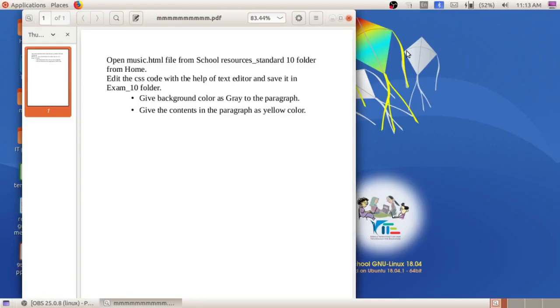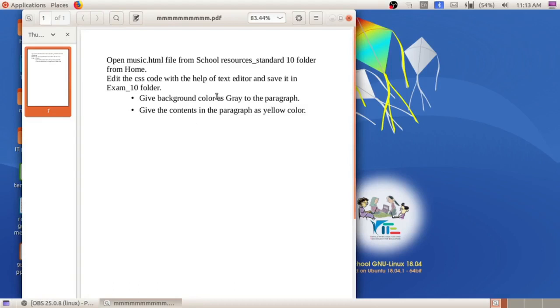We have discussed a lot of activities using CSS technology. Now I am going to practice two different examples for your better understanding. So let's see the examples. This is how the question comes in your practical exam, so listen carefully. Now let's do some activities related to this third lesson.